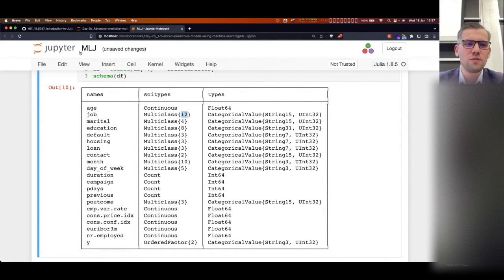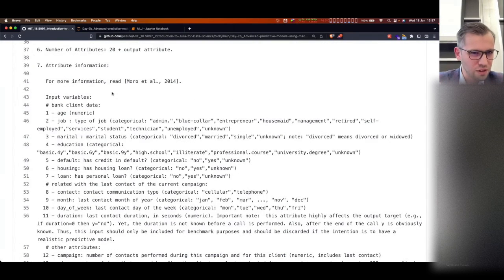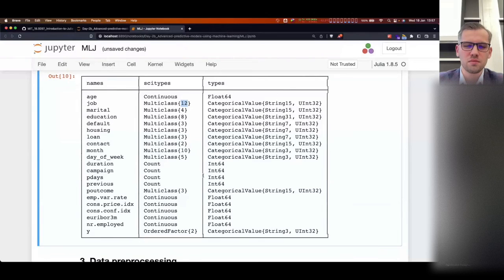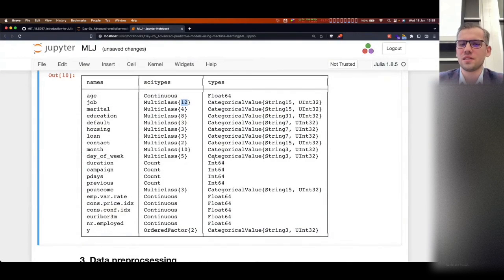So I think 12 jobs, I think it was mentioned here somewhere, or maybe not. But basically this should match with what we have here. We have 12 classes, and now I think I like it. Just one more important